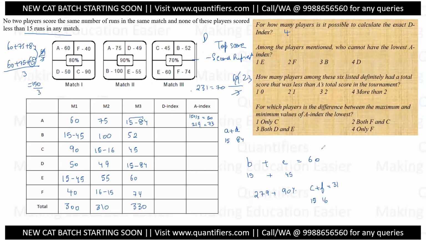बीच का स्कोर हुआ तो अरे बेटा, this is the minimum to maximum A index, कि minimum कितना होगा, maximum क्या होगा, right? I am just writing the range that the A index will drive between 50 to 73. This is the minimum possible A index, one is the maximum possible, because all the questions will be dependent upon the range only. We cannot find an exact answer for anything.